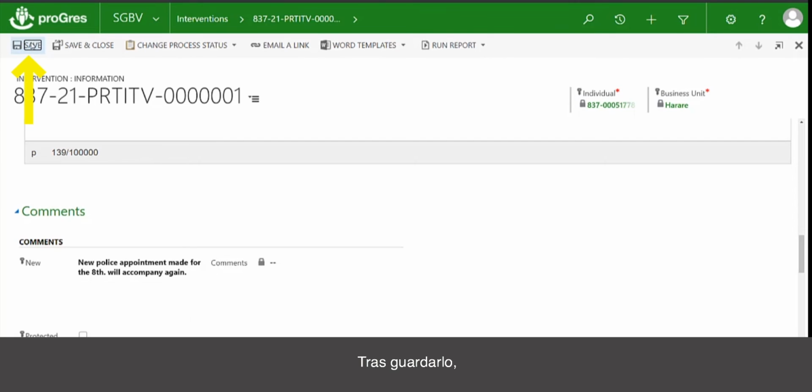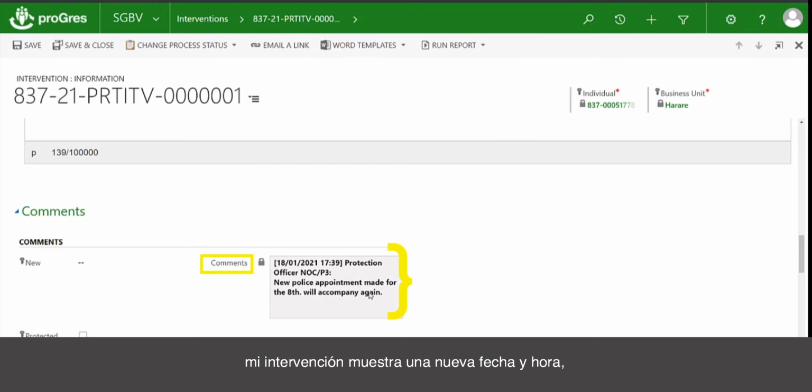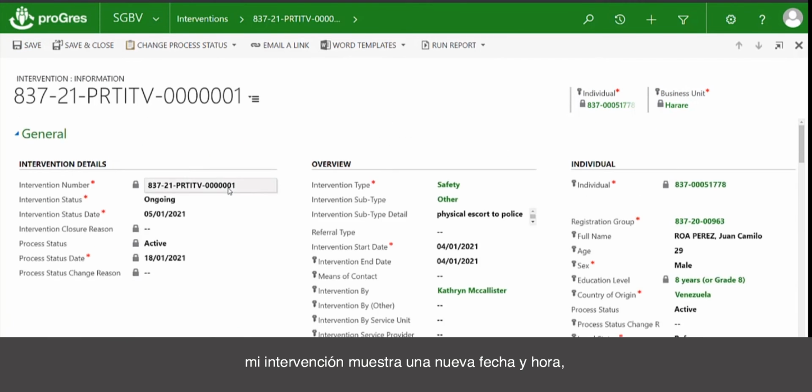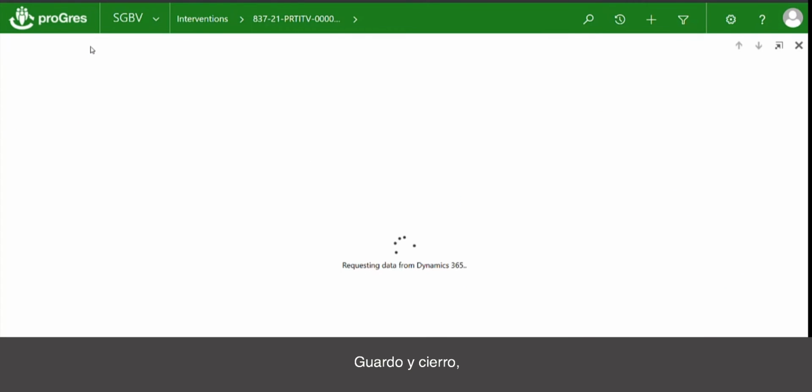And then when I save this, now my intervention has a new time and a date stamp, and I can see that it's ongoing. If I save and I close this,